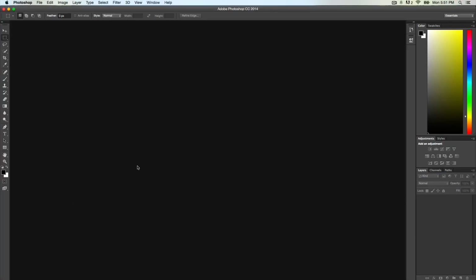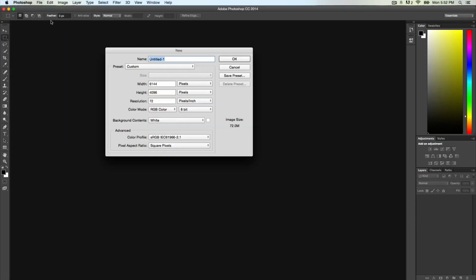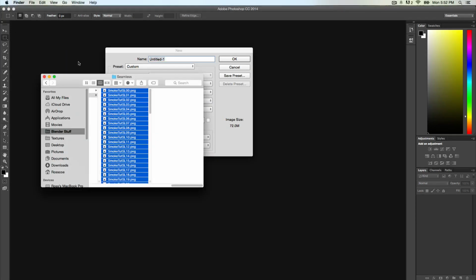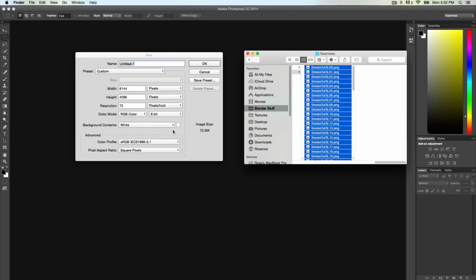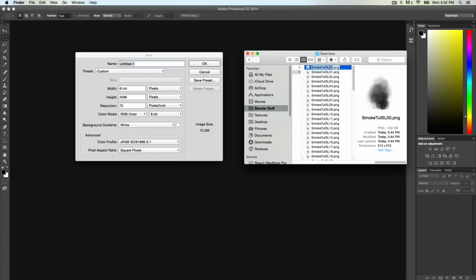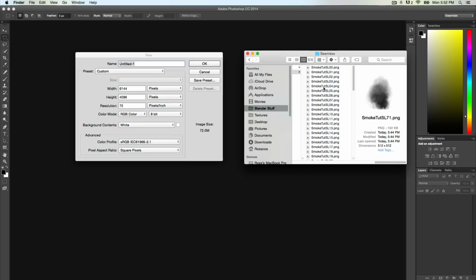Okay, so now that you've exported your image sequence out of your video editing software, we're going to load up Photoshop and/or GIMP, whatever you have. And we're going to do some math basically. So we're going to create a new image. We have to find out how many frames of animation we actually have in our image sequence. If we look here, we have 72, and even though it starts on 0 here, that technically is frame 1, so that would make it 72 frames.